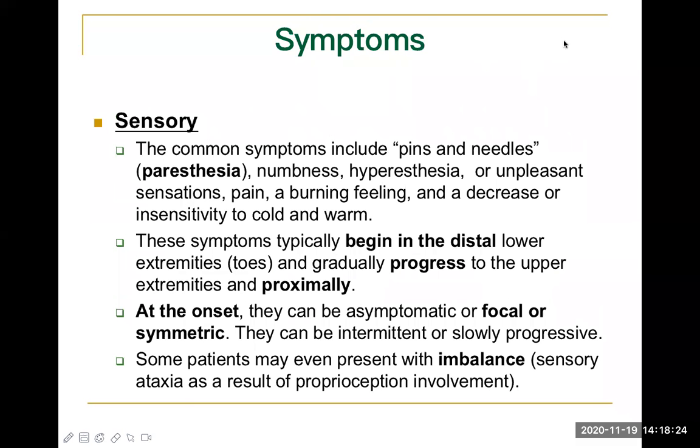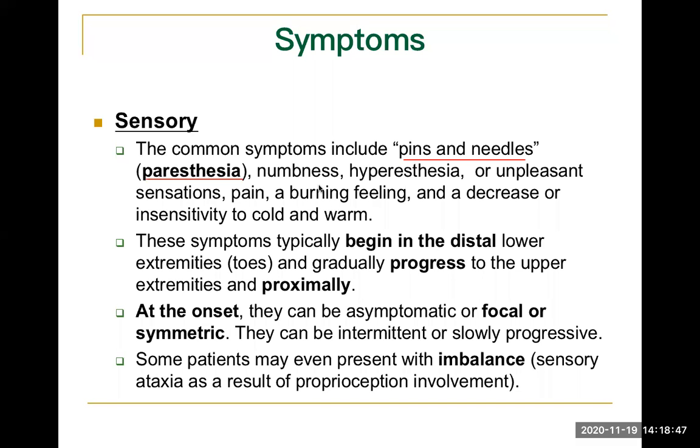Now let's move further. Let's talk about some of the important features of peripheral neuropathy. What are the sensory symptoms? What are the motor symptoms? And what are the autonomic symptoms? Regarding the sensory symptoms, the common symptoms include pins and needles, also known as paresthesia in the